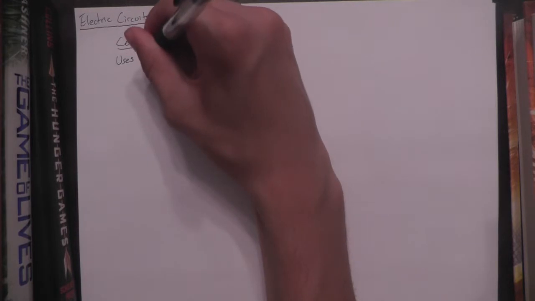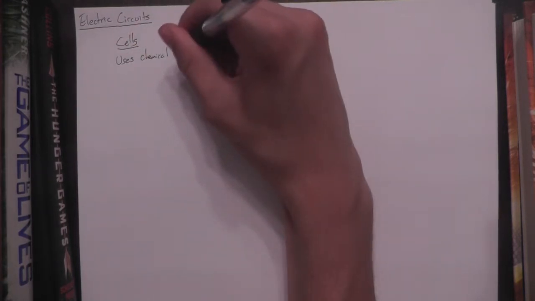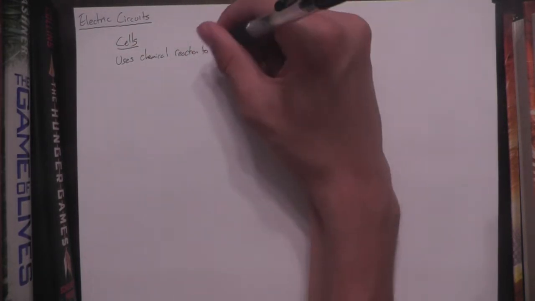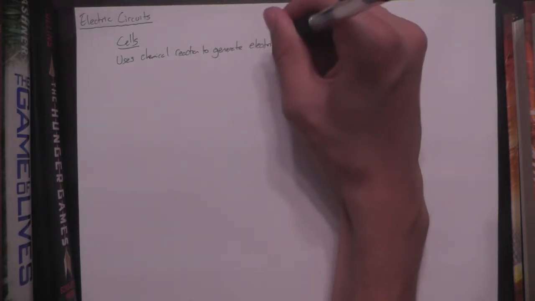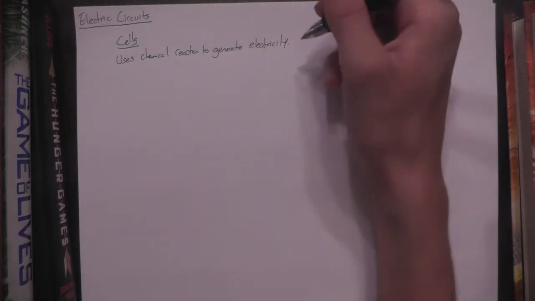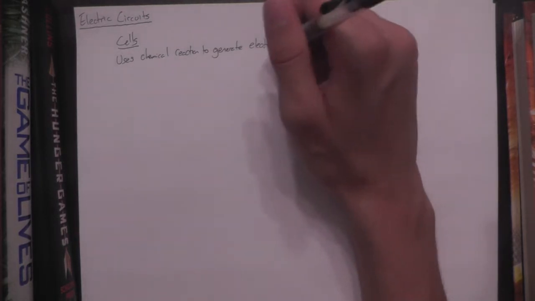What is a cell? A cell is a device that uses a chemical reaction to generate electricity. Now, if you think about it, chemical energy